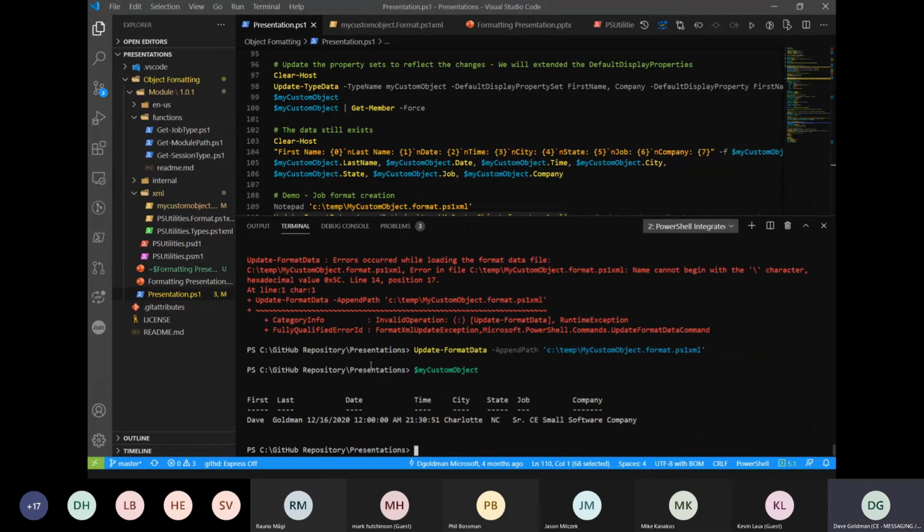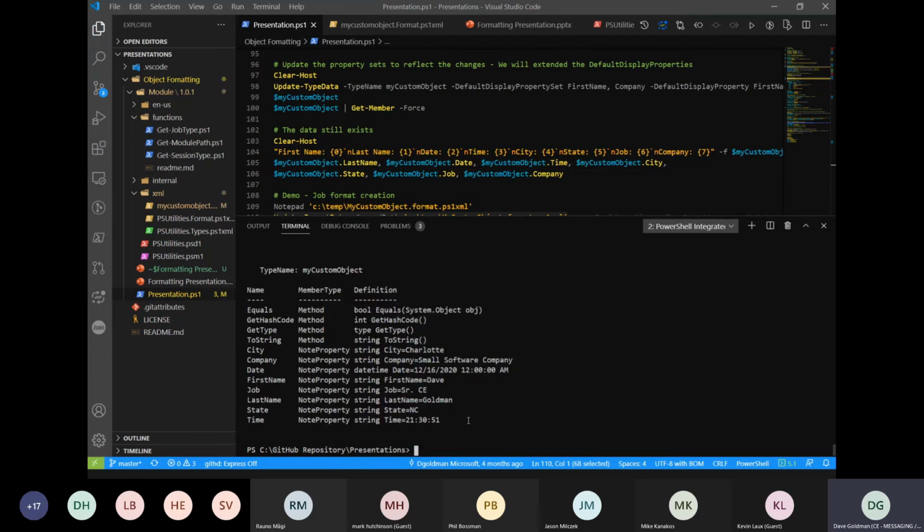And now I've effectively still got the same view, but I've changed it. So my view now shows first and last, and I can change these to whatever I want. But if I look at my object, you'll notice that the original is still first name. So I've just changed the view.